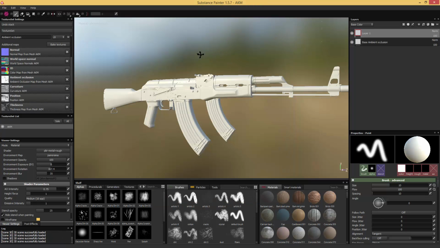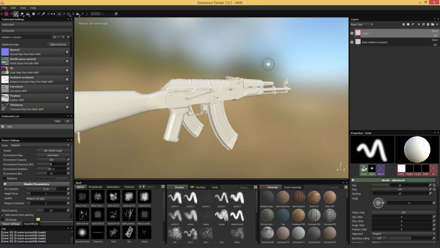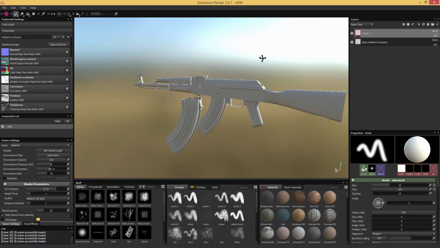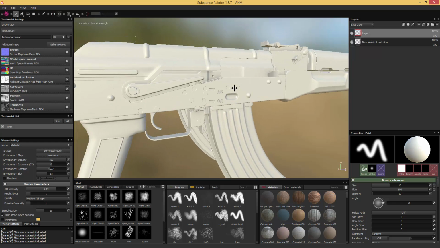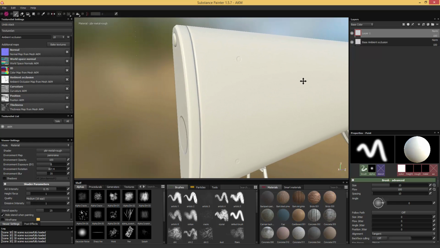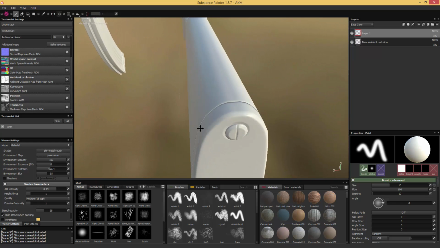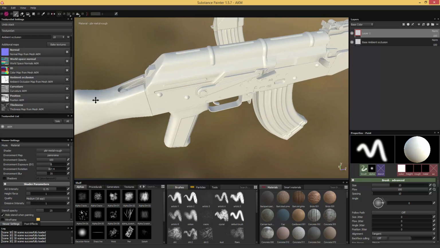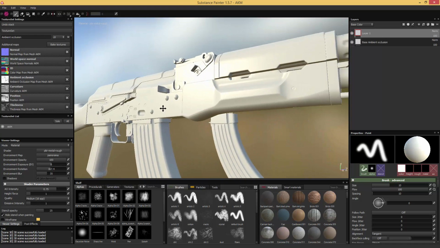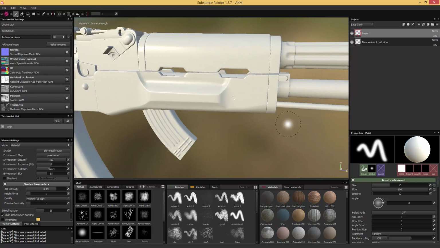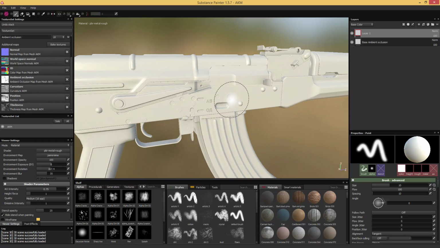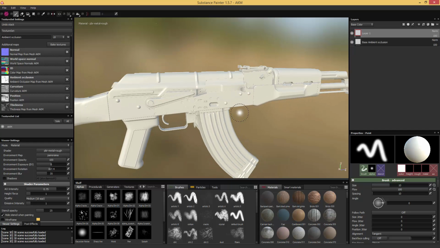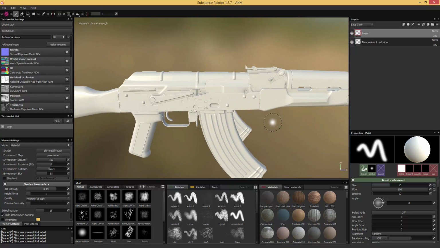And here we are again. Everything has been baked, and that is the perfect time to check our mesh if there are any errors on it, if the normal map looks fine. I already checked, so I know that everything is fine here, so I don't need to sweep through every little piece, but I would definitely recommend doing exactly that to make sure that we don't start texturing on a base